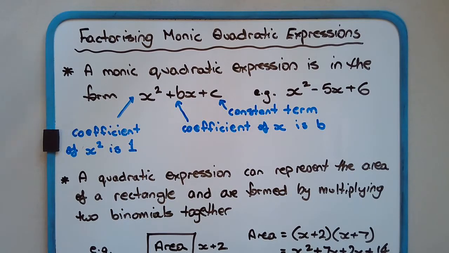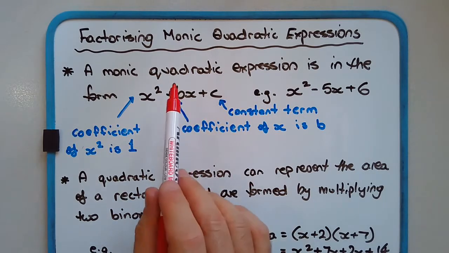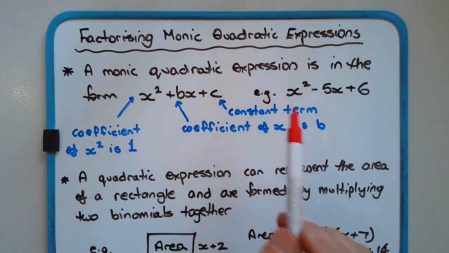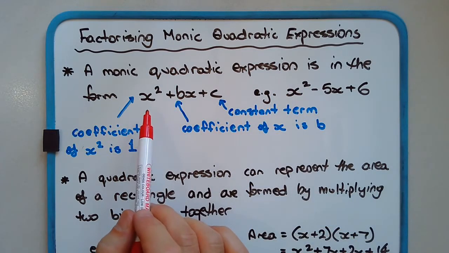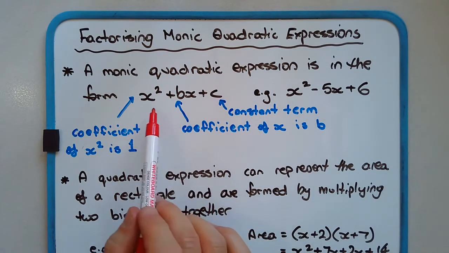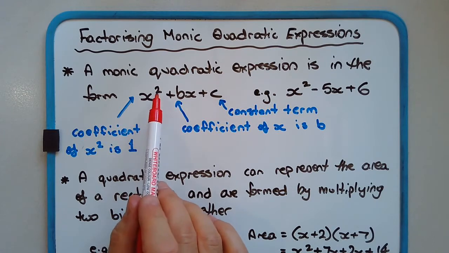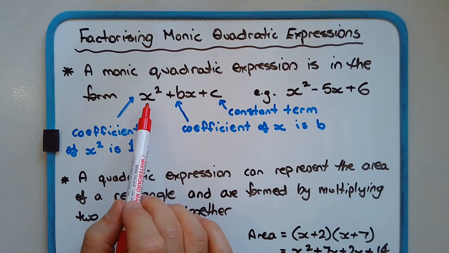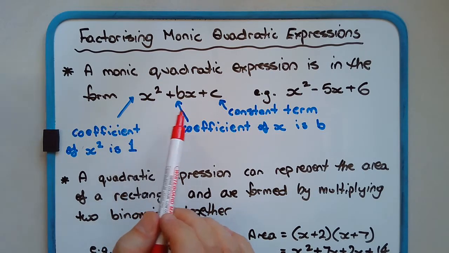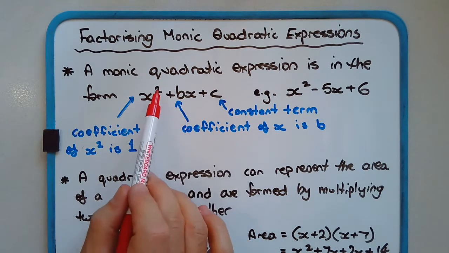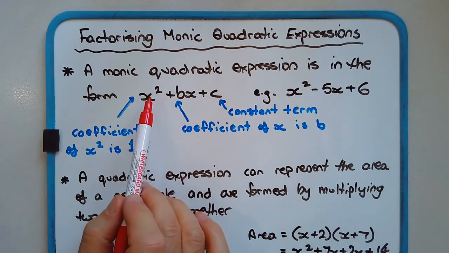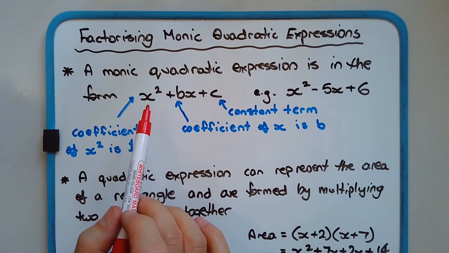Before we get into factorising a monic quadratic expression, let's have a quick look at what a monic quadratic expression looks like. A quadratic expression is an expression that involves a set of variables whose highest power is in fact 2. Anything that has something squared plus something plus whatever, if the power you see is no higher than 2, in fact equal to 2, and that is the highest